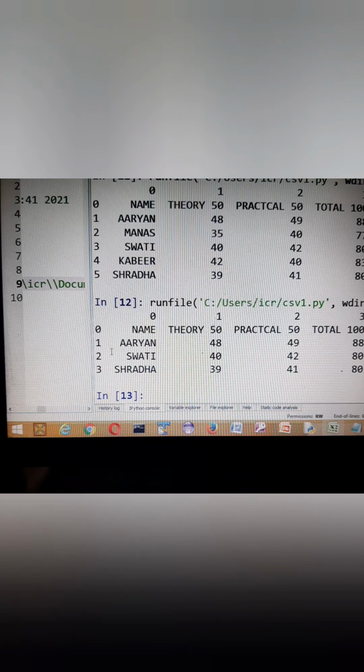Then example 1 is saying write a program to read from a CSV file employee.csv and create a data frame from it. And they have given us a CSV file as employee number, name, designation and salary. So naturally you can write pd.read_csv and that CSV file and you will get it. Example 2 says write a program to read from CSV file employee.csv and create a data frame from it. But the data frame should not use the file's column header. So in that case you will write header is equal to none, as I have showed you here.